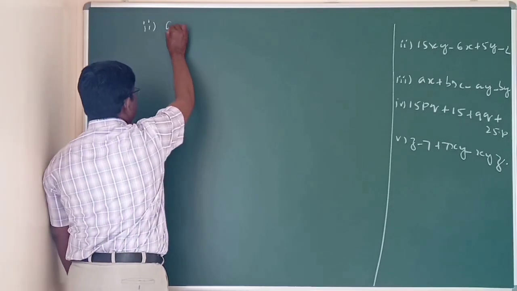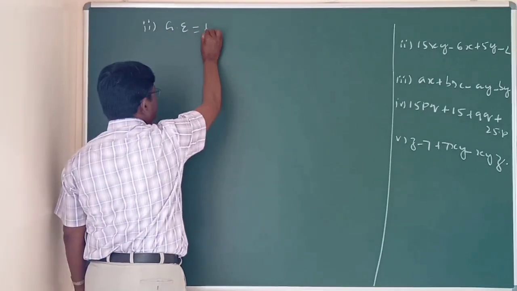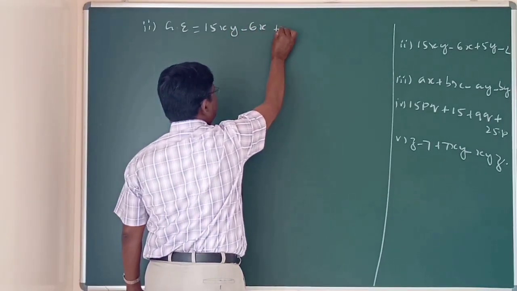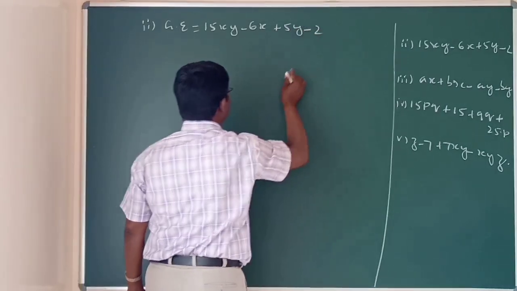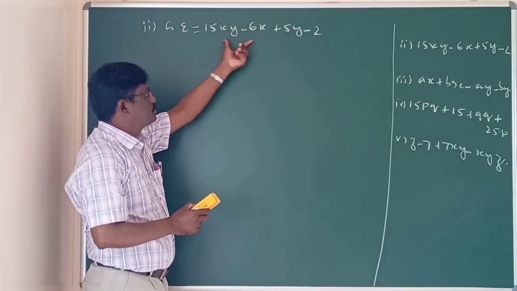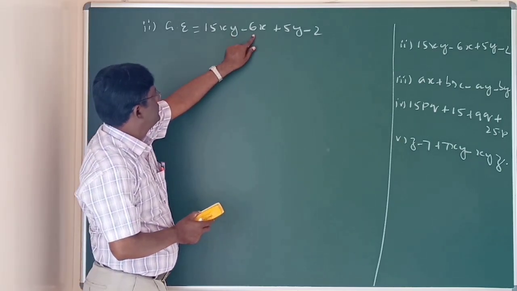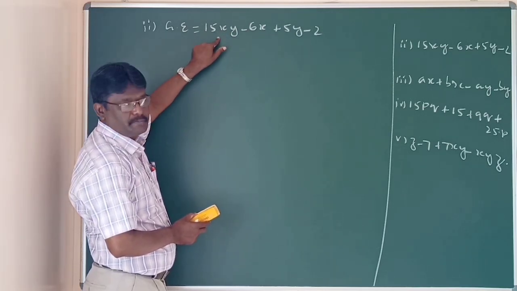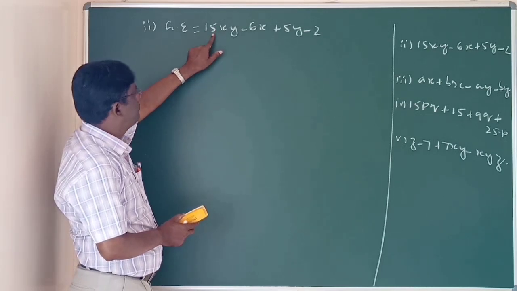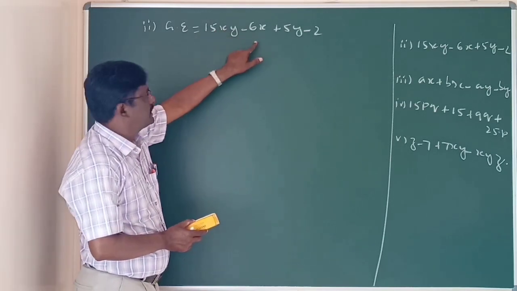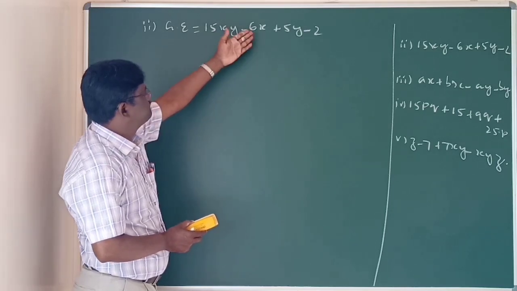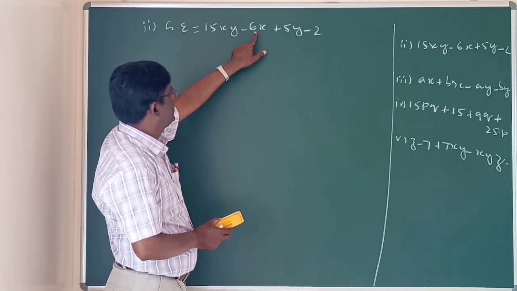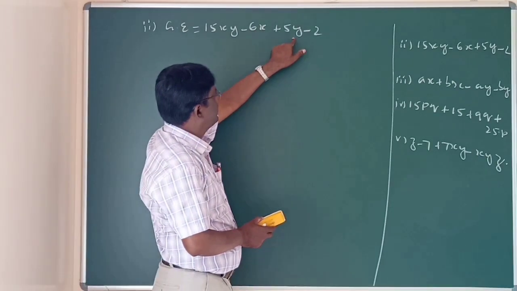15xy minus 6x plus 5y minus 2. Okay children, we shall start with GE only. Just check whether the first two are suitable. What is the common? 15 and 6 means 5 into 3, 3 into 2, therefore 3 is common. When 3 is common, it goes, 3x of course. Then 5y minus 2 comes out with 3x. What about here? 5y minus 2.